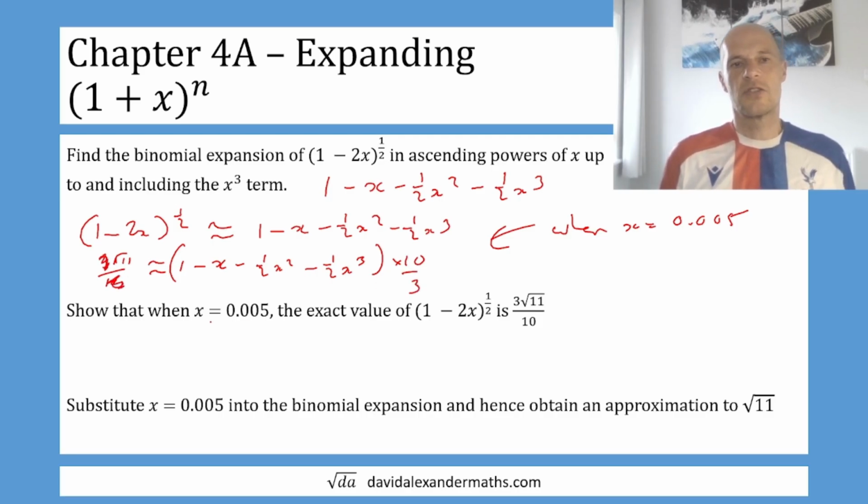Okay, so root 11 is approximately 10/3 of 1 minus x minus 1/2 x squared minus 1/2 x cubed when x is 0.005. Okay, so I'm going to type into my calculator 0.005, and I'm going to do 1 minus answer minus 0.5 answer squared minus 0.5 answer to the power of 3 equals some stuff, multiply by 10, divide by 3, and I am getting